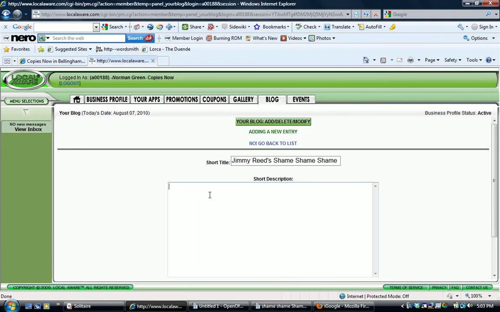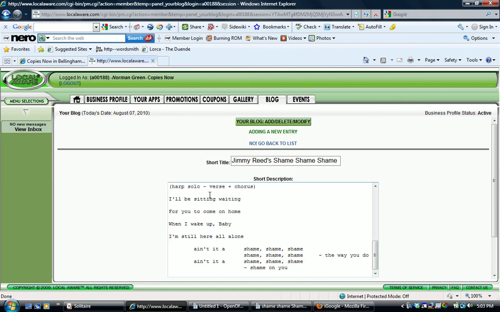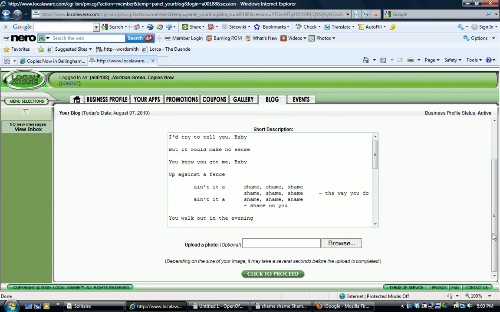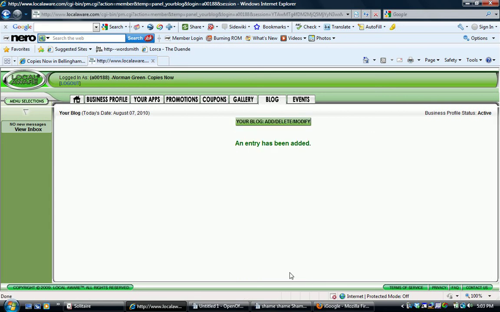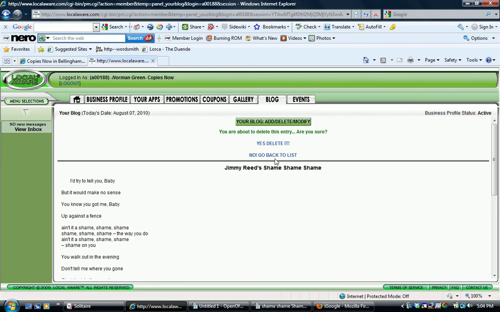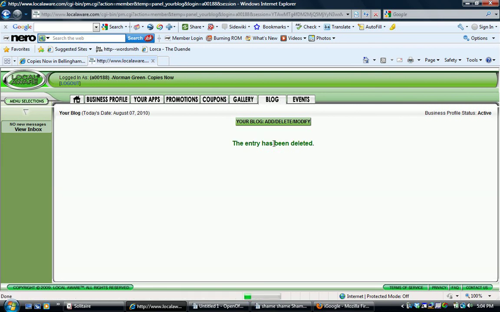Again, I used the select all to grab all of it, and then I'll copy it because I've already typed it and I've checked it and I know that's what I want, and then I'll do Control V to paste it in, and so everybody can look and see how cool I am because I love old Jimmy Reed. Now if I had a picture of Jimmy Reed, I could upload a photo. I'm not going to do that. I'm just going to say click to proceed, and that entry has been added. So now copiesnowsavings.com has 2 blog entries, instructions on how to email a font, and the fabulous lyrics to Jimmy Reed, Shame, Shame, Shame. Now it's like, well, that's a silly thing that doesn't really have anything to do with our business,